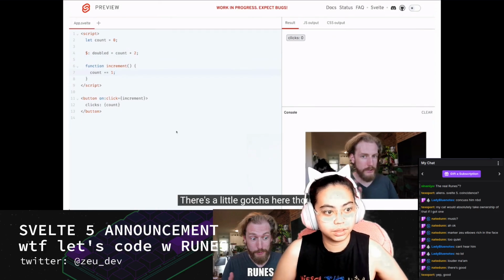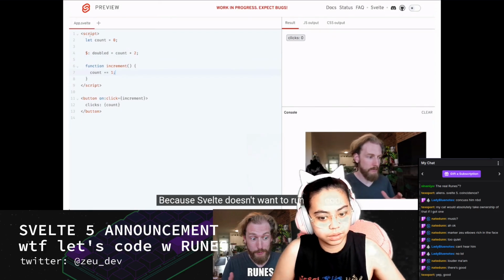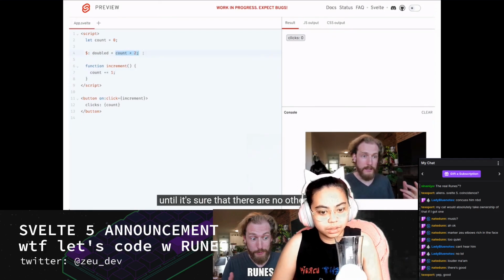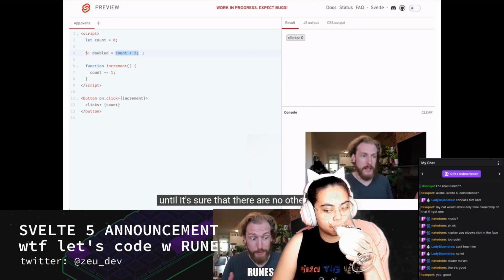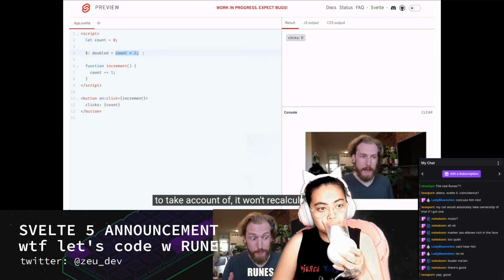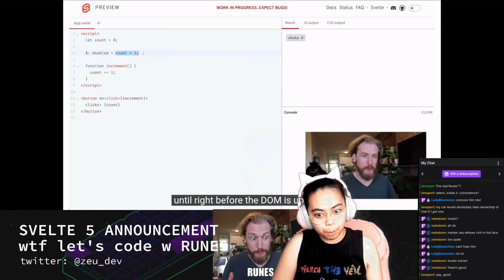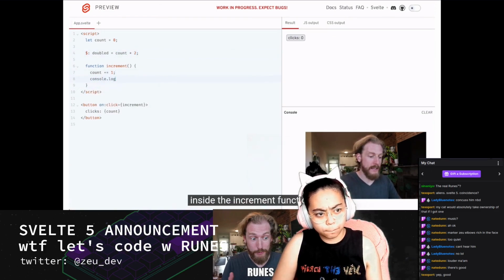There's a little gotcha here though. Because Svelte doesn't want to run this code until it's sure that there are no other changes to take account of, it won't recalculate doubled until right before the DOM is updated. So if, for example, you log the values inside the increment function,